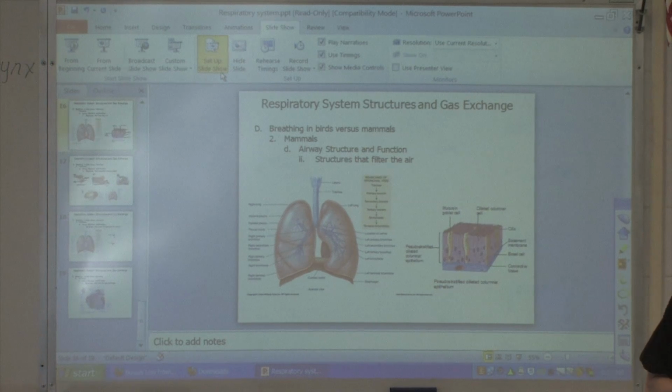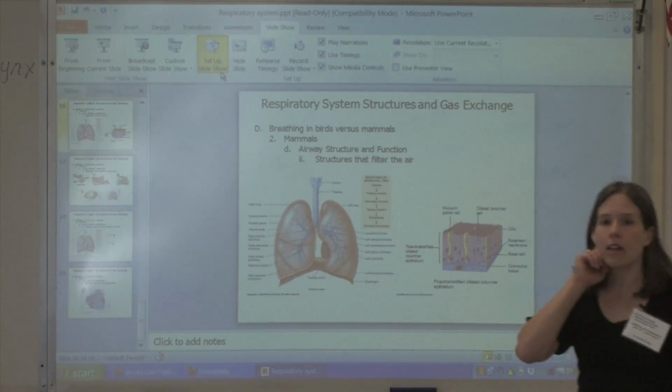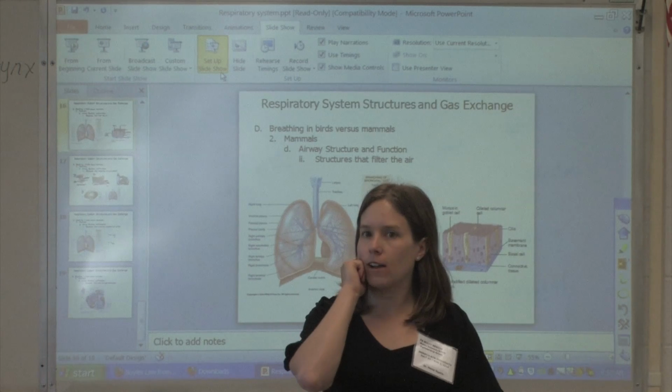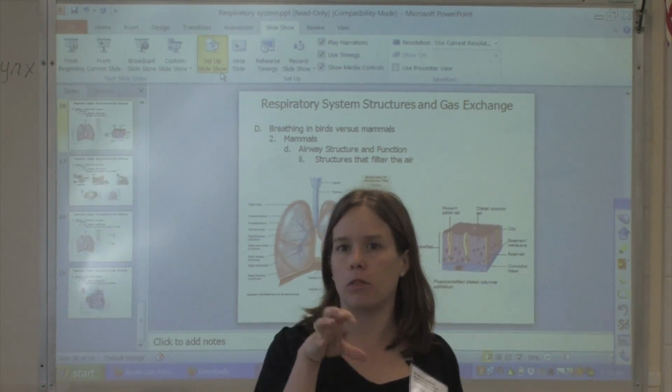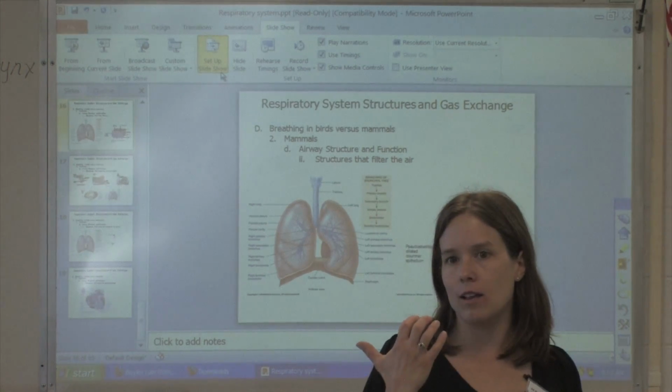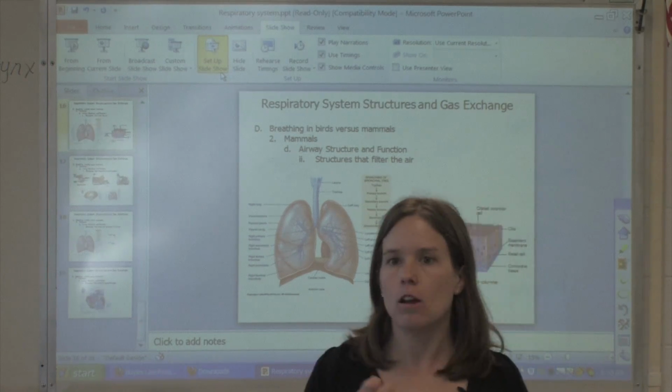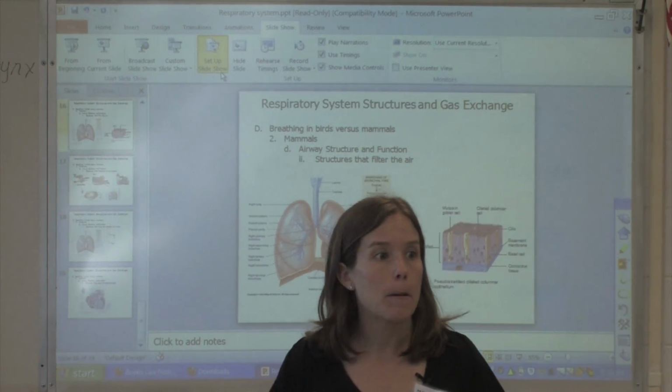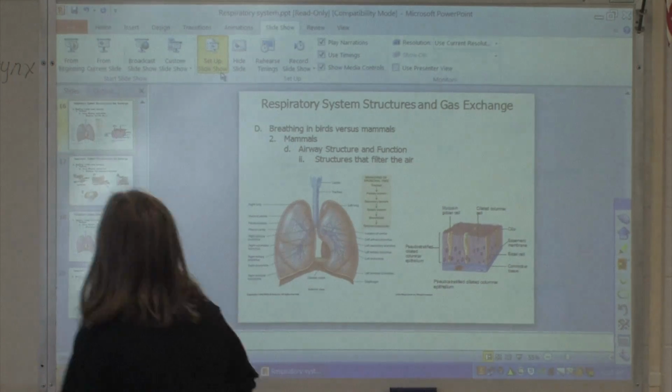The oropharynx and the laryngopharynx are lined with a non-keratinized stratified squamous epithelial tissue, not important for us, but that is a stronger epithelial tissue to resist the abrasions of the food that you're swallowing. The oropharynx and the laryngopharynx have a different epithelial tissue type that is able to resist the abrasions when you swallow food. Does it have just as cool a name? It's called non-keratinized